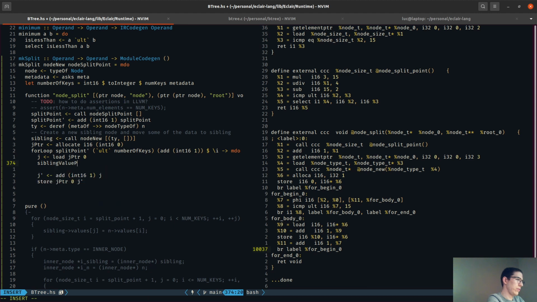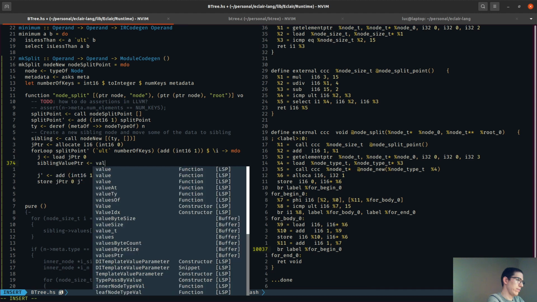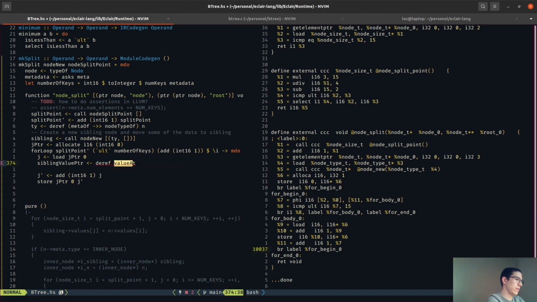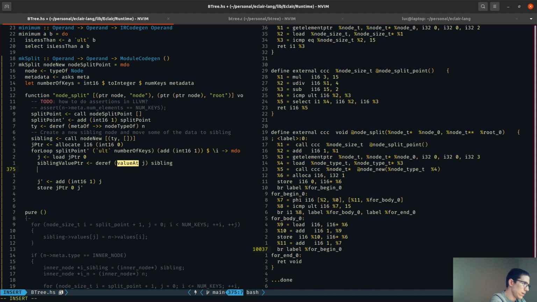Sibling value pointer is a value dref value at, and then, oh, we need to watch out. So on the left side it's J, but here it's I. Okay. So here goes the sibling. So then we get the sibling value, and then